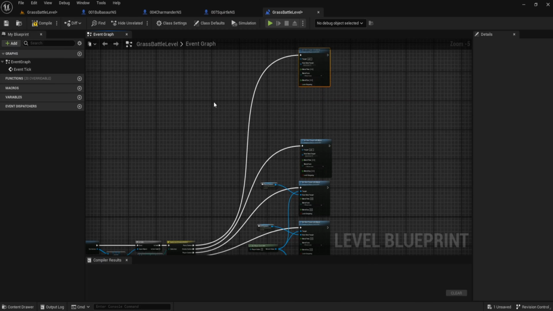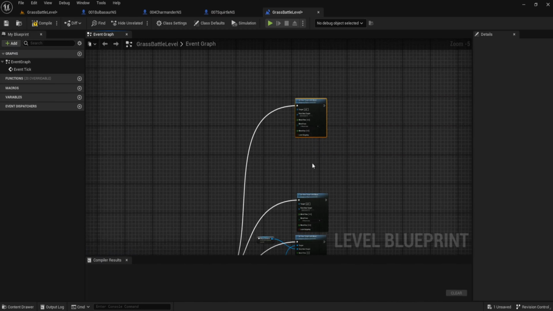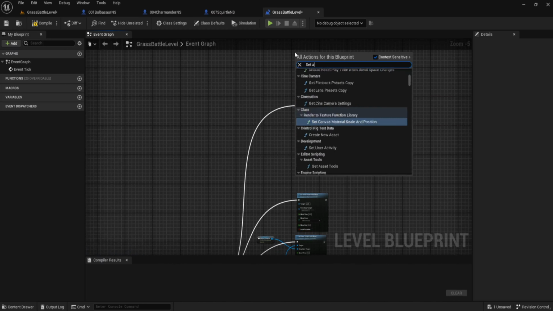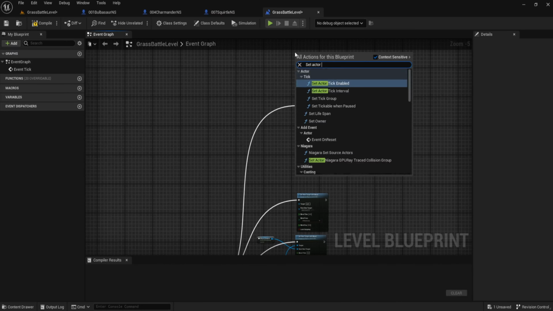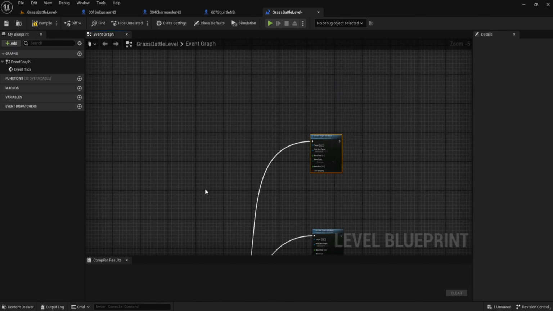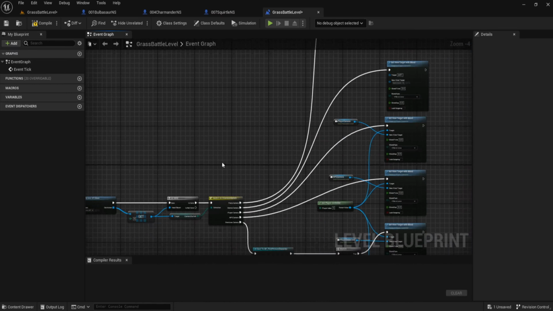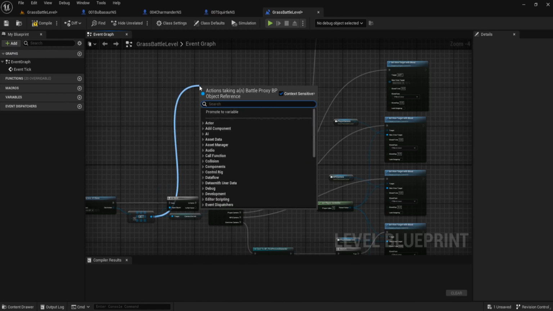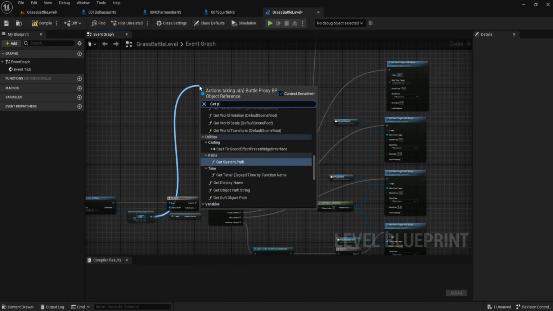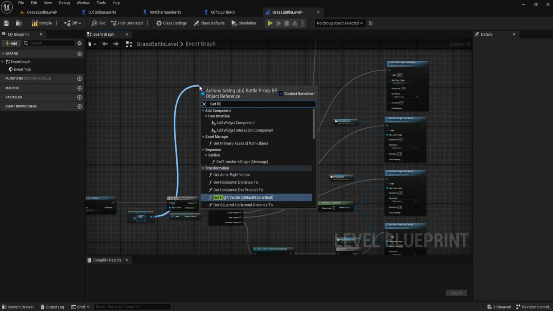We've got a set actor location. We might have to get the camera first. So what we're going to do is from our get, we're going to get the party. What we're going to do, we're looking for